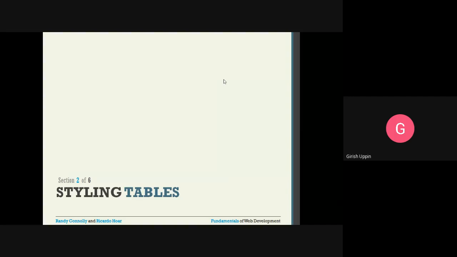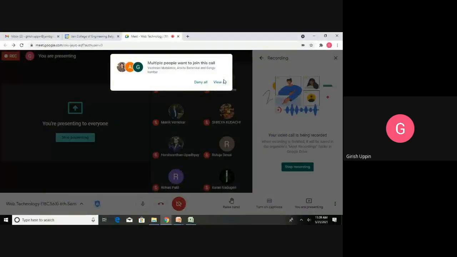We looked into caption, which helps in making the web application more accessible, and also thead, tfoot, all those things that can be used.